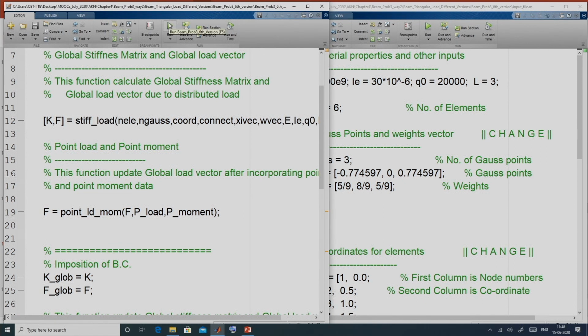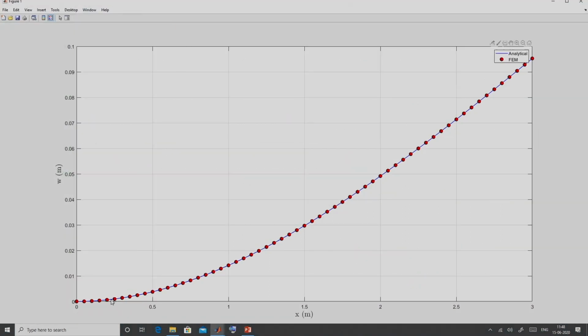Now, if you run our main code, here you can see the number of points in each element remains the same, but we have more number of elements. So, we have more data points. You can see that data points have increased.